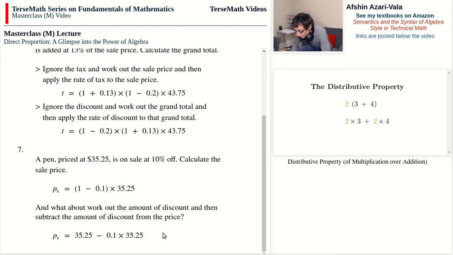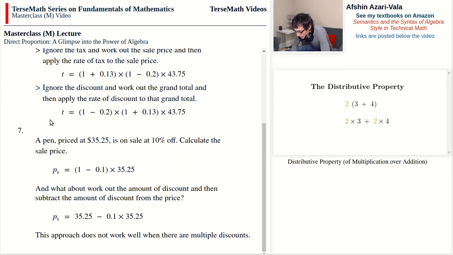They are always the same, so there is no doubt that there will be no circumstances under which one may work and the other may not work. These are the same equations, two different ways to reason your way through the problem. Now, the reason that we prefer the top approach, 90% of the price, instead of price minus the amount of discount, is that as problems get more complicated, the second approach becomes, even now, I could argue, a little bit less